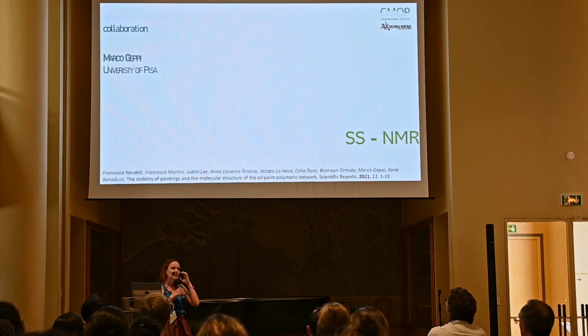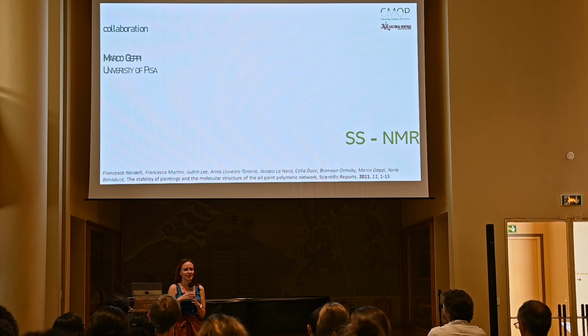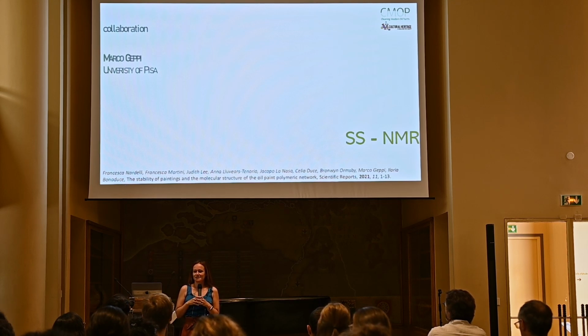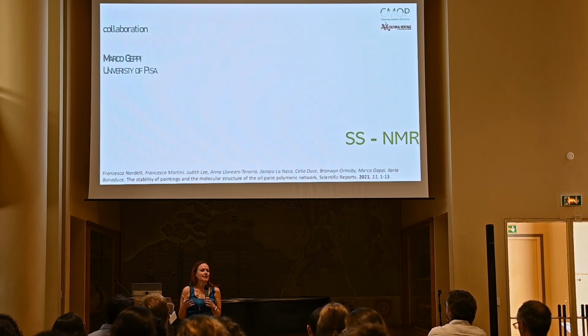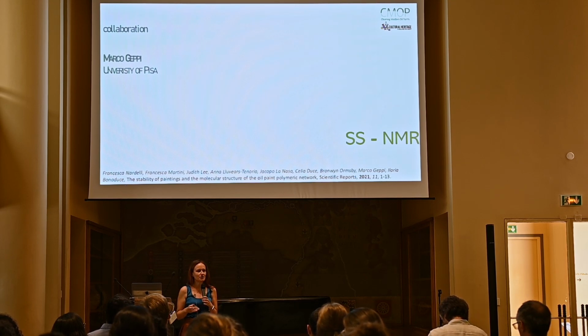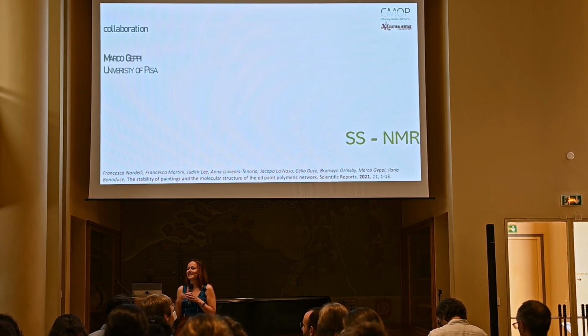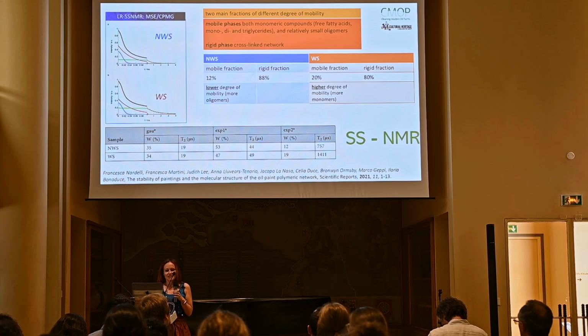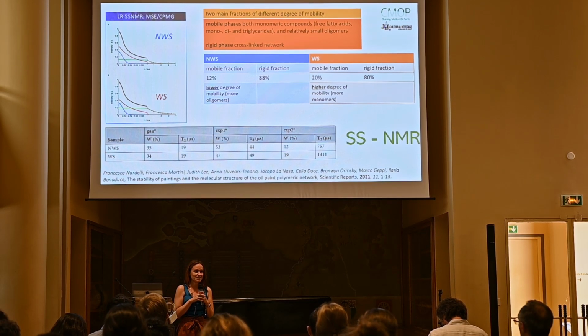So we went to talk with our NMR colleagues, the group in our university of Marco Geppi, and I asked him, can you please give me the elemental analysis of this paint layer? Tell me how many carbons, how many oxygens, how many hydrogens, and also give me the speciation, carbonize, and everything else. And he was laughing at me because apparently you can't do this with NMR spectroscopy on such complex samples. Anyway, they came with very interesting results, I think, because here we could see